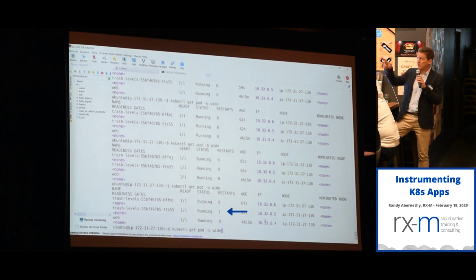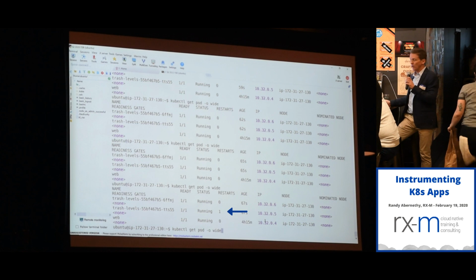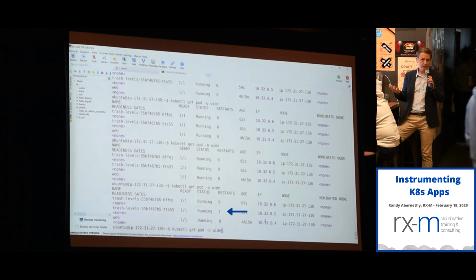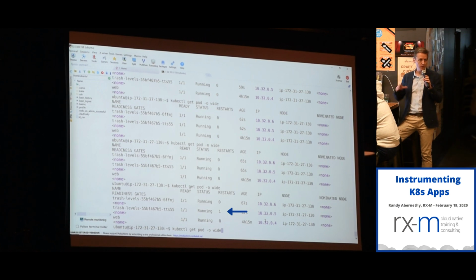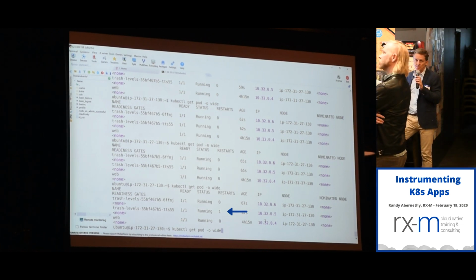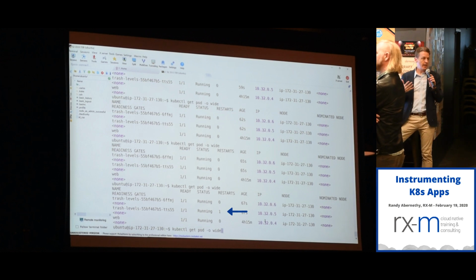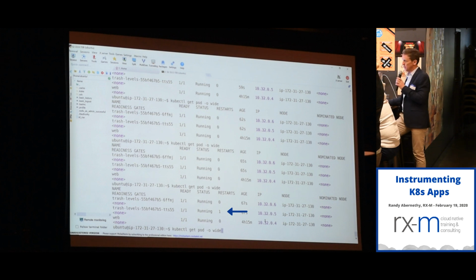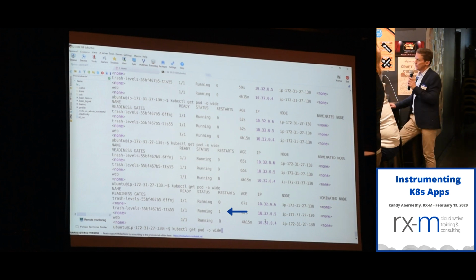So we had to wait for a little bit, but after a while, you can see he said, oh, hey, that guy's not healthy. He returned a 503 to me, and I'm expecting a 200, 300 series response, so he must be sick. I'm going to restart him. And so there's our restart count, right? So that's the kind of instrumentation that we can add to our microservices to really just make them more Kubernetes-native,